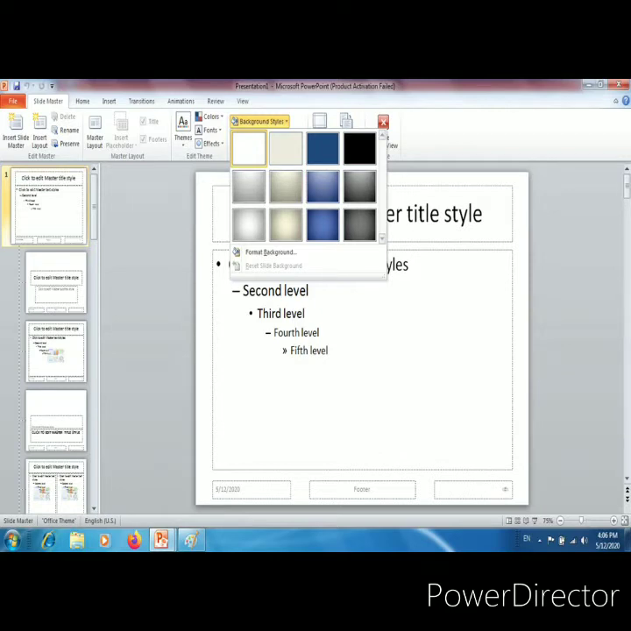Okay, you have to click on the close master view button present on the Slide Master tab to close the Slide Master view. Okay,